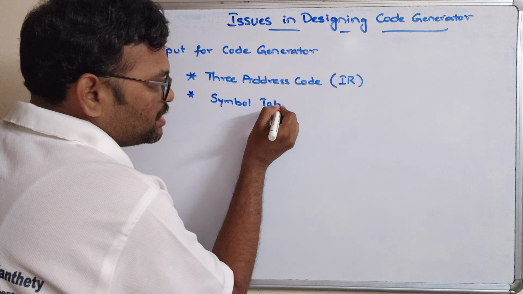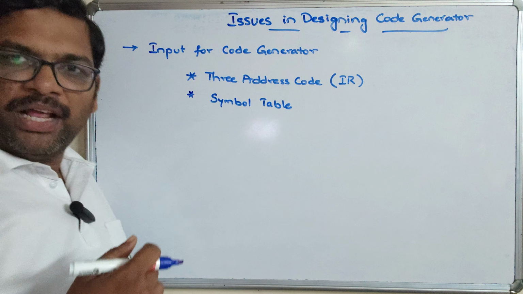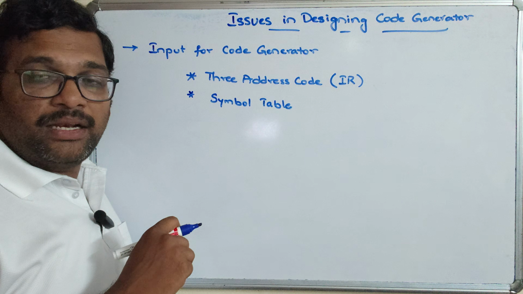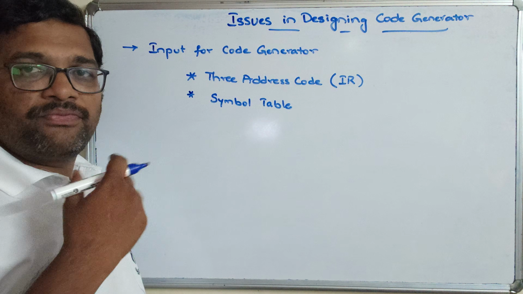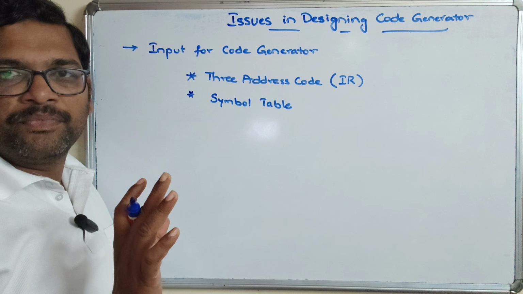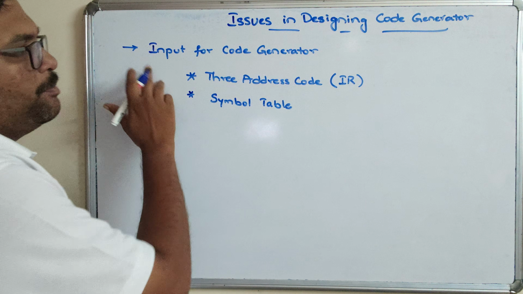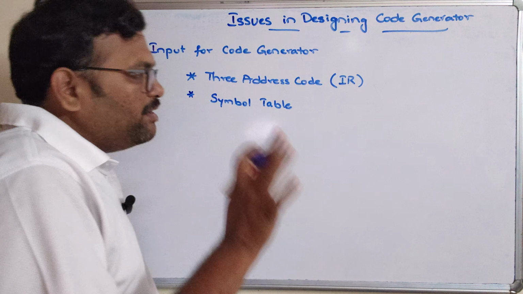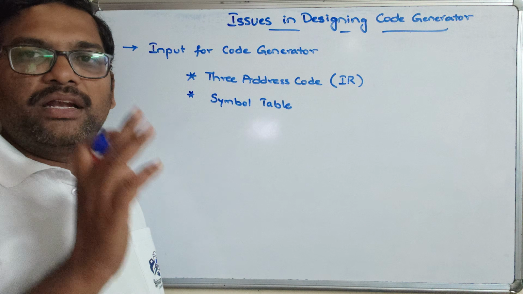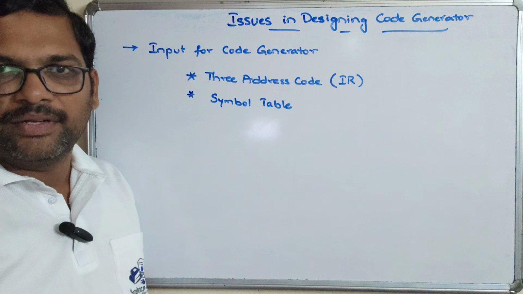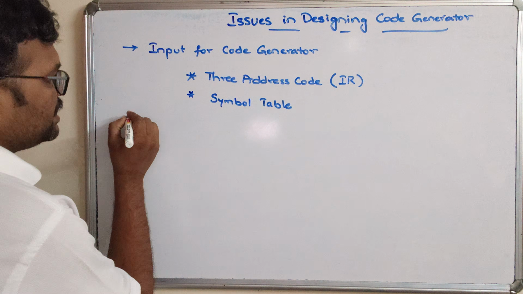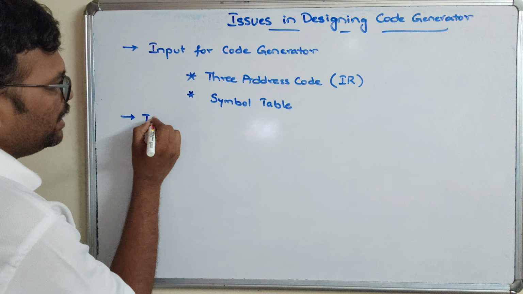In our first sessions of compiler design, we have seen the complete phases of compiler design. In that, two things are common for each and every phase, that is the symbol table and error handling. So these two are the inputs for the code generator, and if the 3 address code is not correctly written, automatically that will be reflected in the code generator. So the 3 address code representation is most important. And the second one is